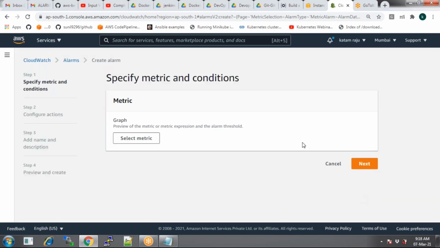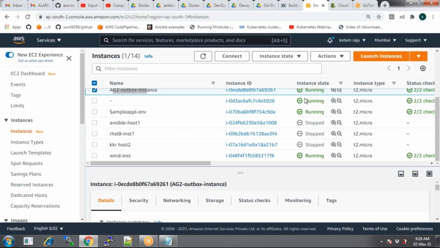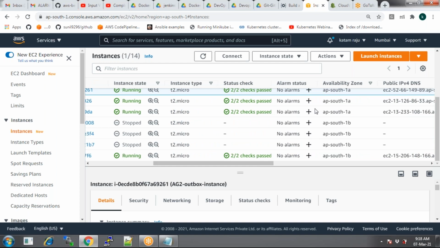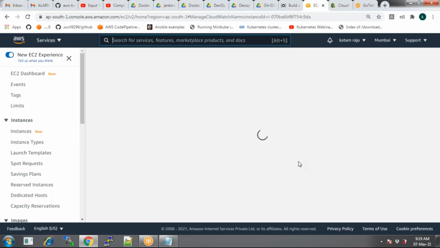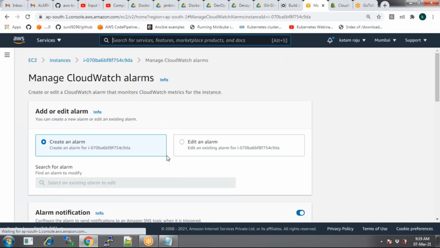So in order to avoid these things, I want to make it simplified. That is the reason I made alarms from the EC2 itself. Set up the alarm, click on it. By default, you're setting up the alarm on the EC2 since you are under EC2. When you go to RDS, like database service, or some other services, the alarm will be set up on that service itself. We can do that from CloudWatch too, it's all the same. So you set up the alarms again, or else if you want to edit the alarms, you can edit them.